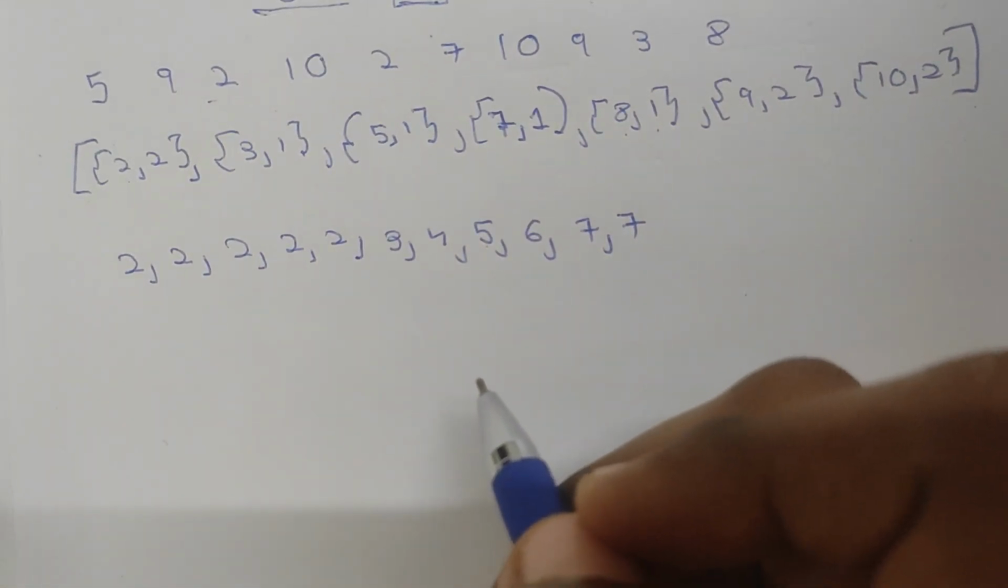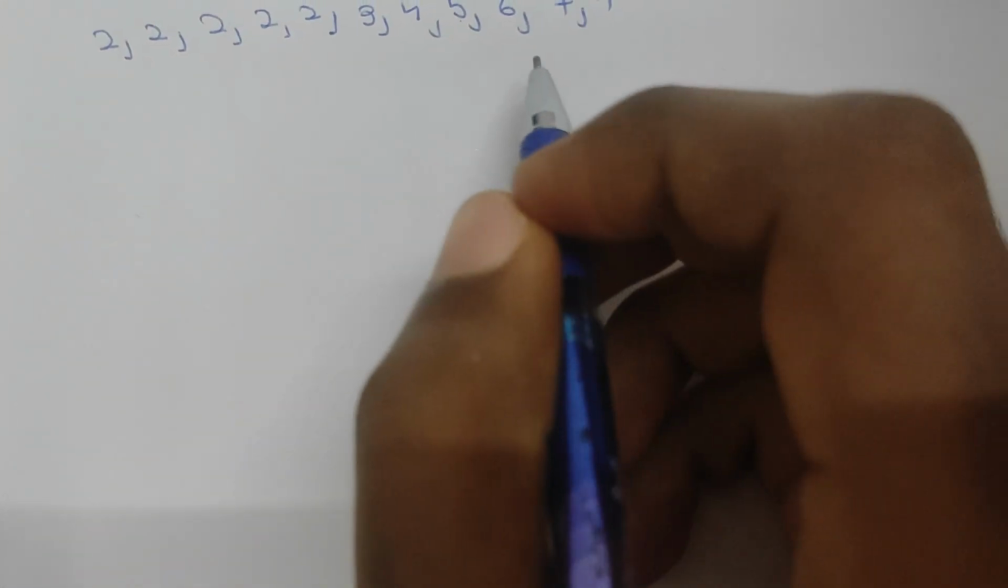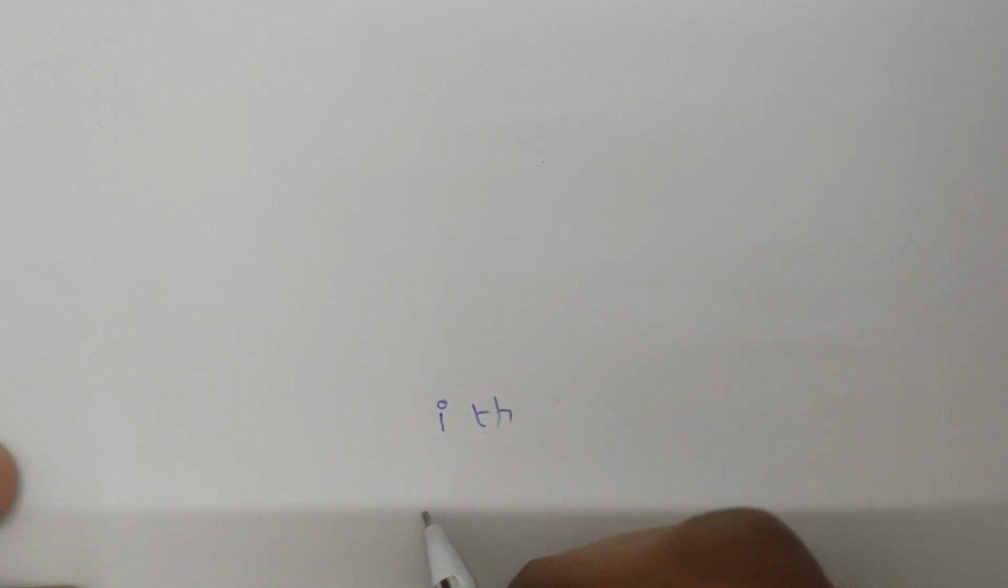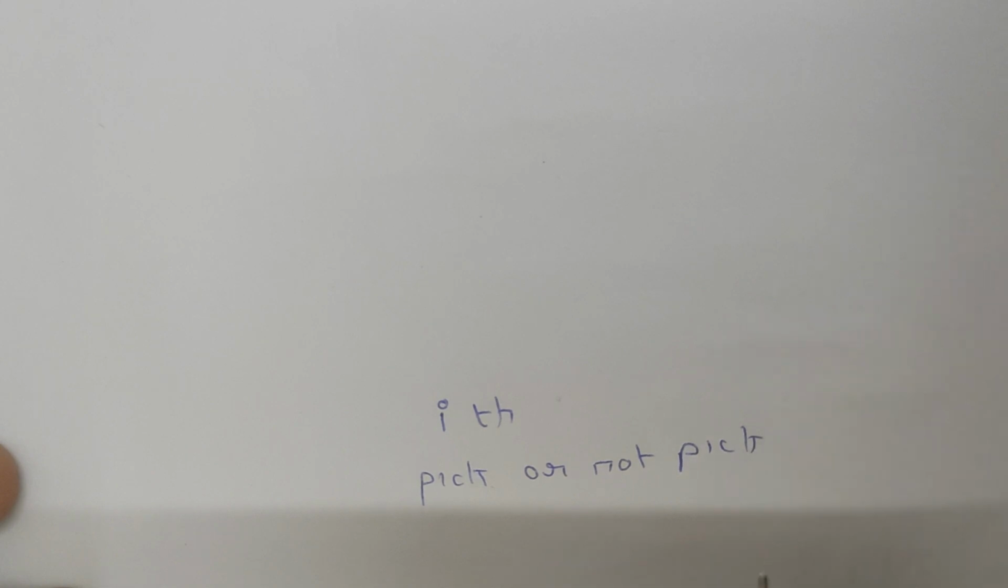So the normal DP, why can't the normal DP work? If we are at the ith index, we have the option to either pick the value at the ith index, or not pick the value at the ith index. If we decide to pick the value at the ith index, we have to check